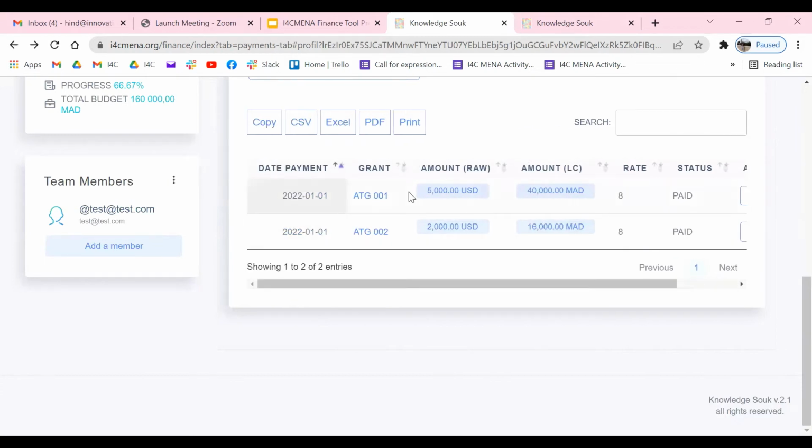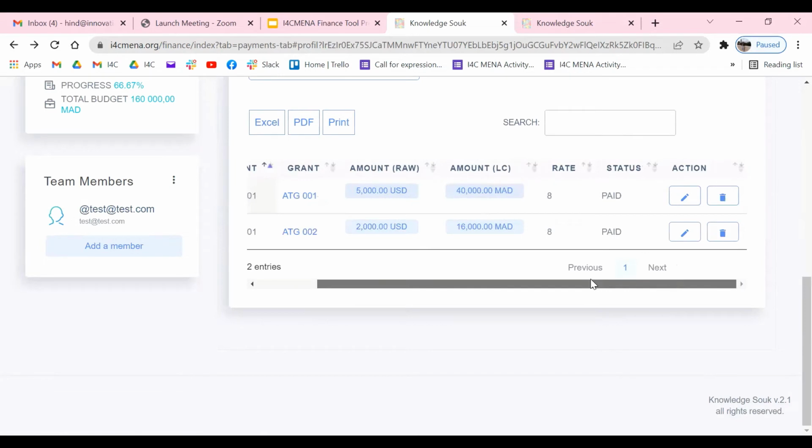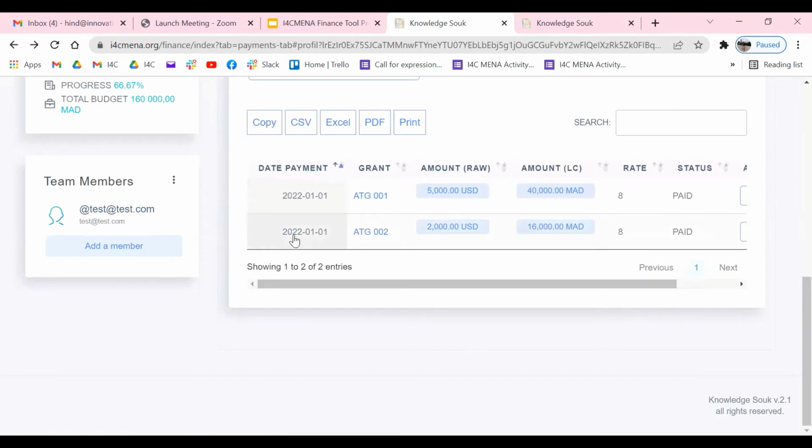As you can see here, there are 2 grants as part of this project. So this project is financed by 2 donors. This is the amount of the advances received from the two donors, and we have also some actions available. We can remove and edit these details.